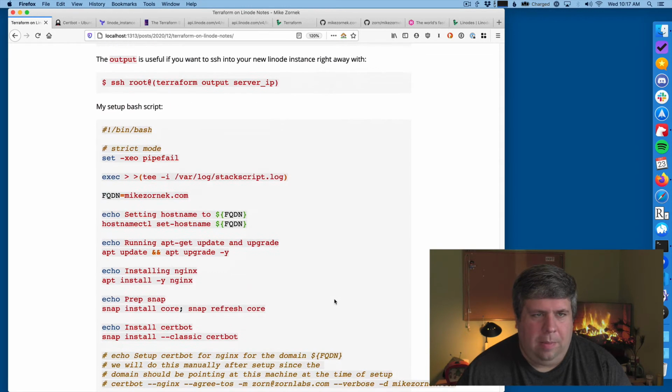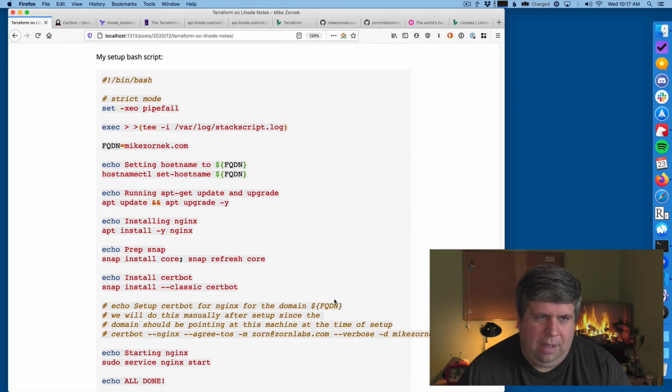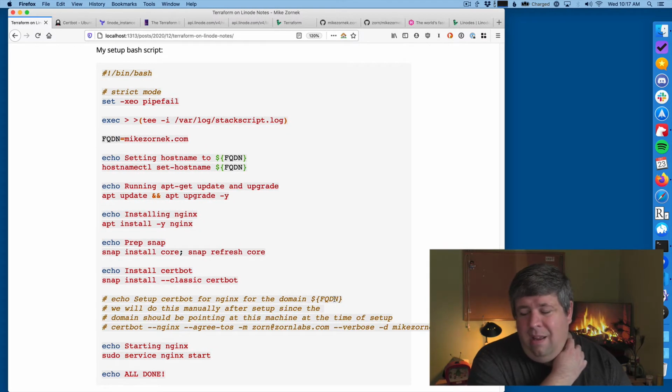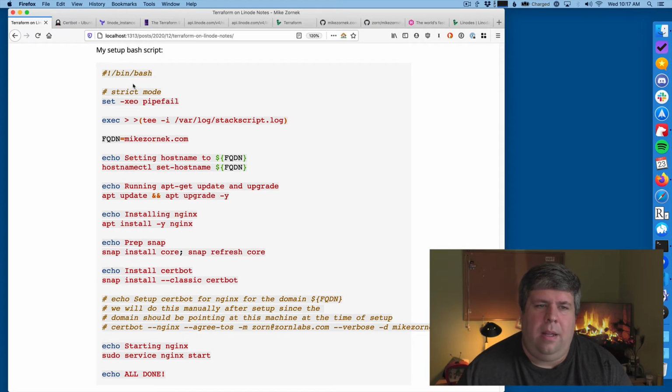So I'm going to jump to the bottom really quick and give you a quick tour of what this looks like. After the Linode is set up, it first puts bash in a kind of strict mode, which was something new to me. This will force bash to fail the first moment it encounters an error, which is not the default behavior for bash.